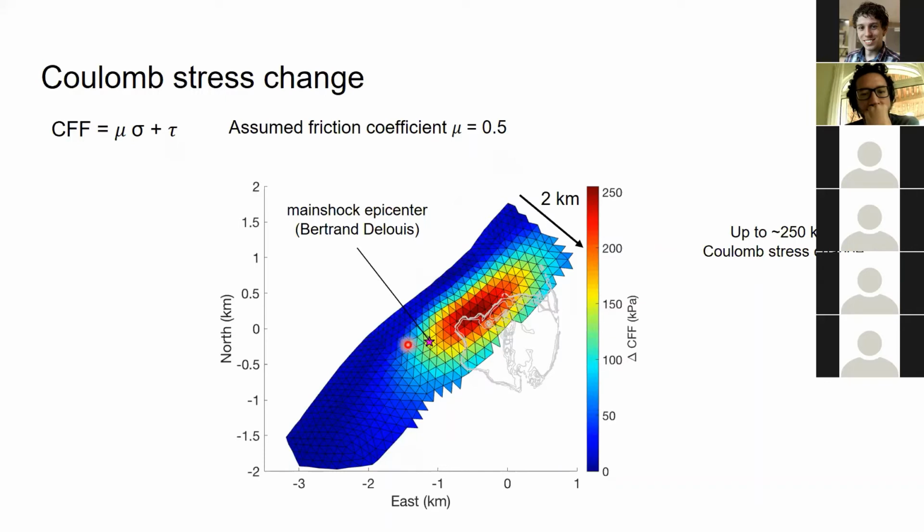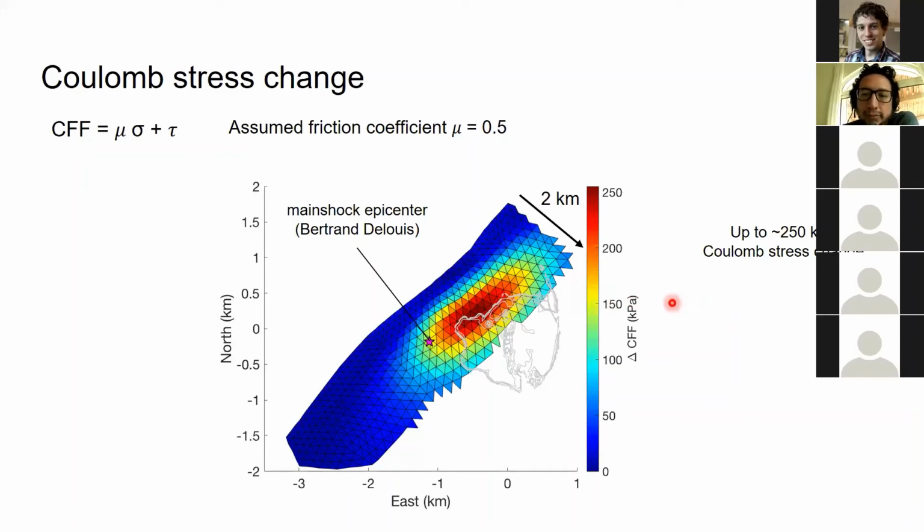As you can see, this change of Coulomb stress is concentrated near the quarry, and is also in the range of mostly 1 to 2 kilometer depth. And the location of the epicenter is also within the region where the Coulomb stress has changed significantly. As Pablo has shown that,